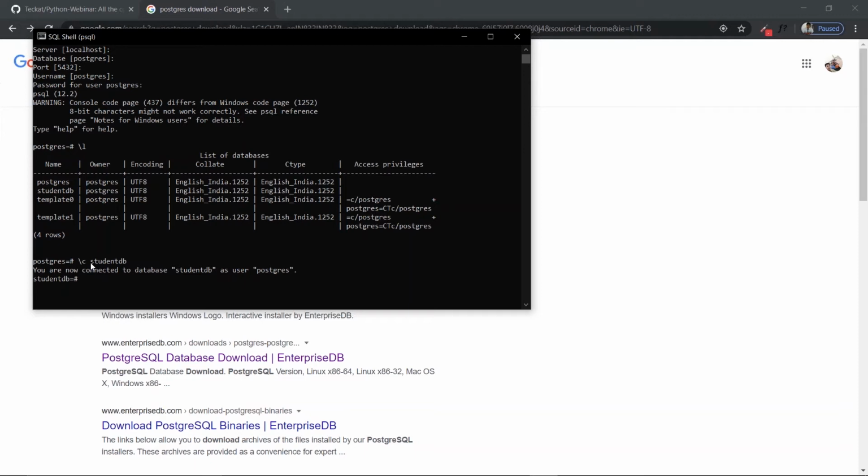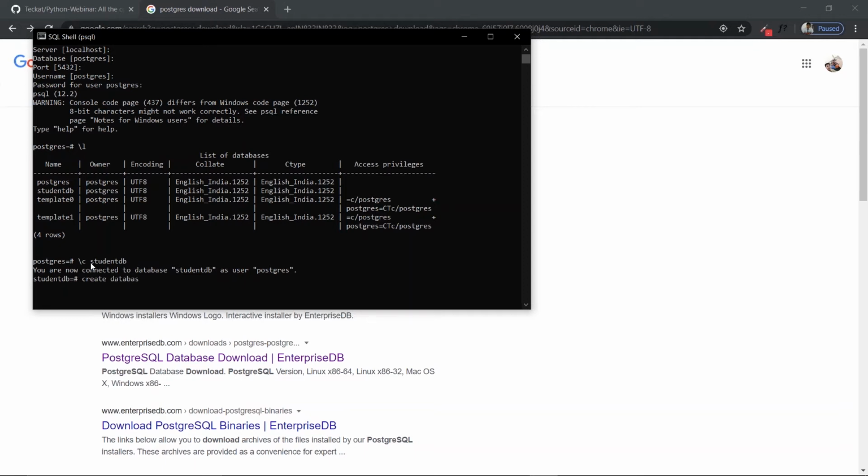Now, if we want to create a database, write it down. For creating a database, the syntax is CREATE DATABASE. You can write it in capital or small letters, because SQL is not a case sensitive language. You can use any case.